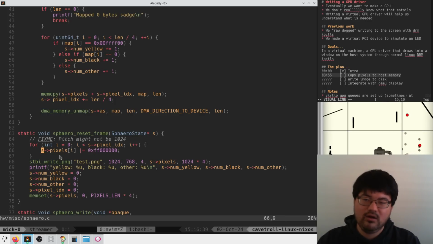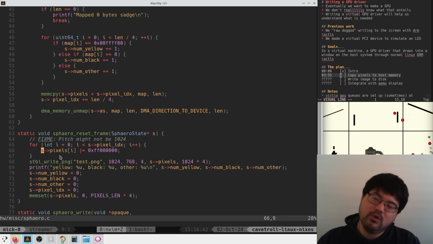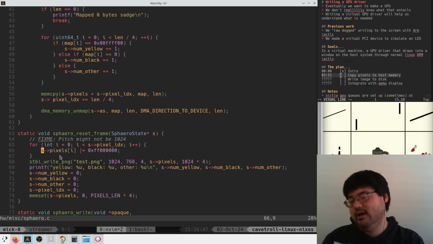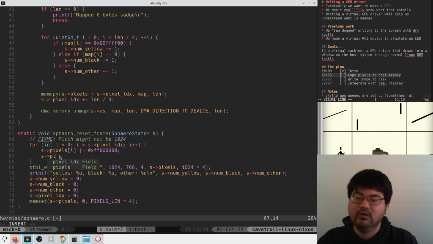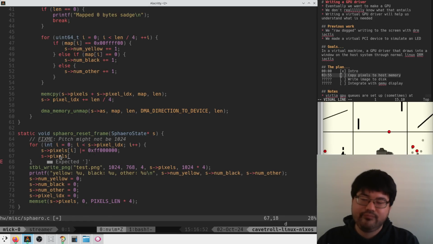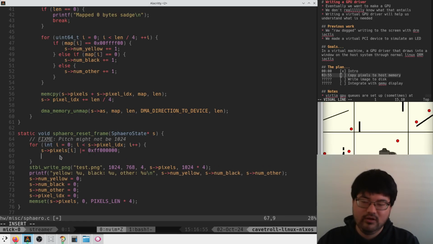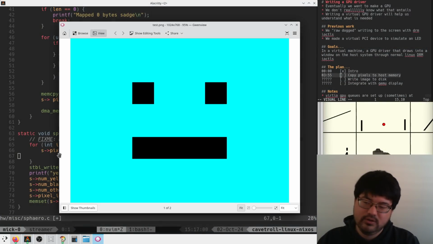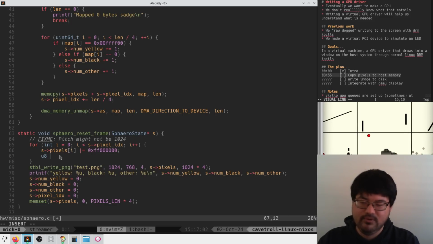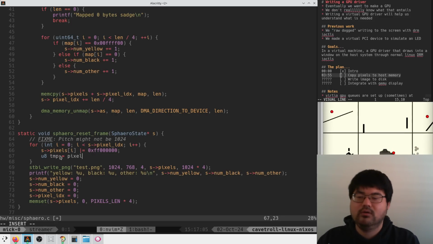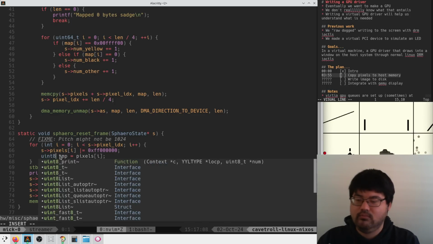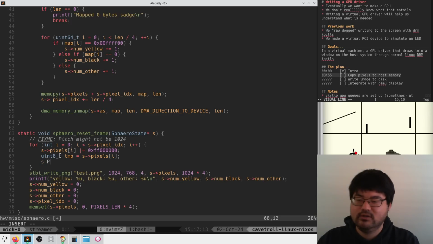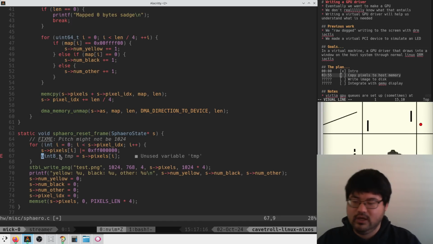Oh, because the byte order is swapped, probably. Yeah. So we have to swap. We have to do like... Can you swap? How do you swap the bytes here? I guess you just do temp. Fine. And then we do s. We do like